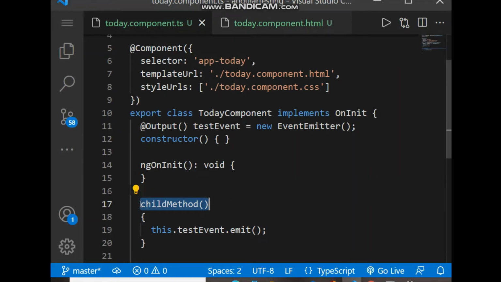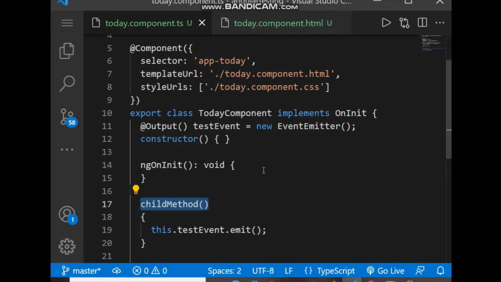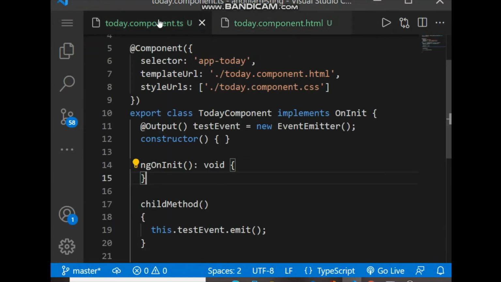So on the button click, this method will be called. And so now when we click that button, this method is called, and from this method we have to call the parent method.